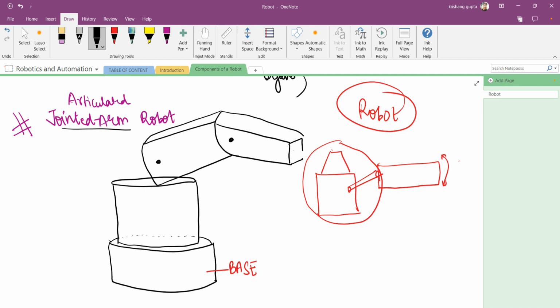And you have a tool that will, for example,